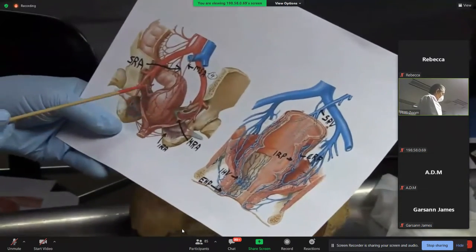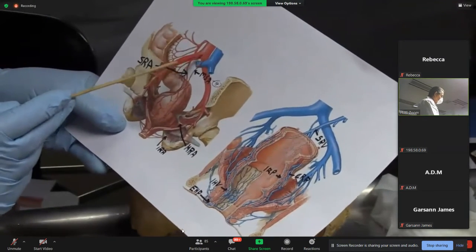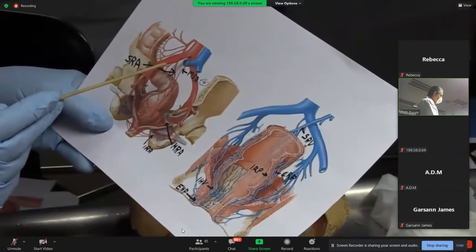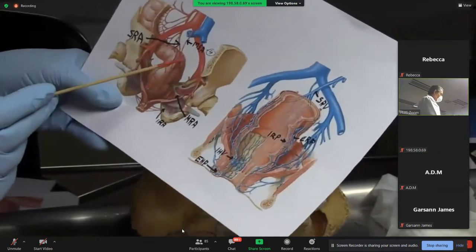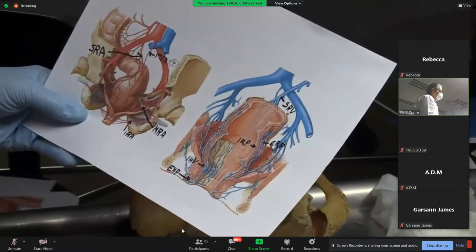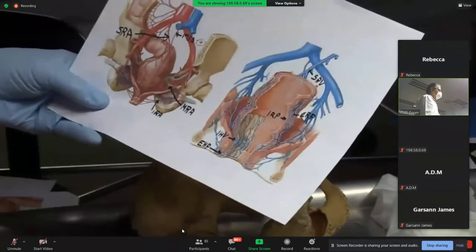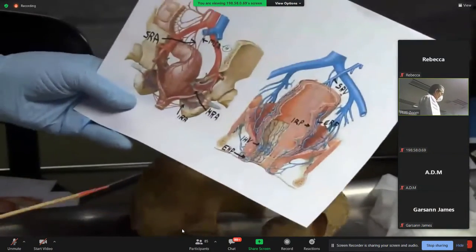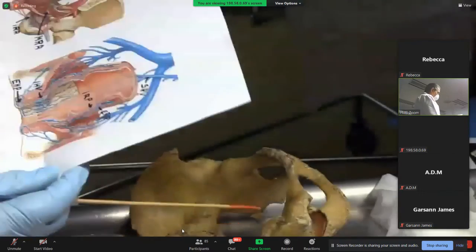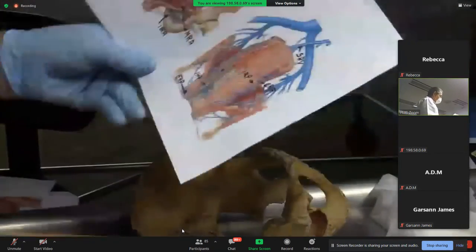Here we also have a little one that comes off just at the bifurcation of the common iliac. That's the one that runs down behind the presacral fascia of Waldeyer, a small artery that supplies a little bit of the surface of the rectum, but not much. Not very important. Now, we're going to spend a lot of time when we get to the anal canal talking about